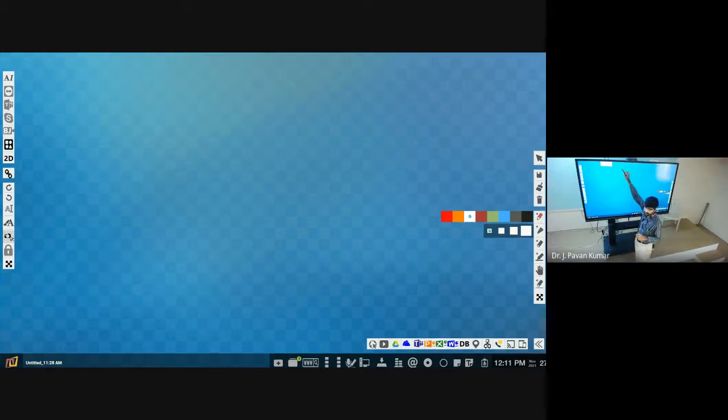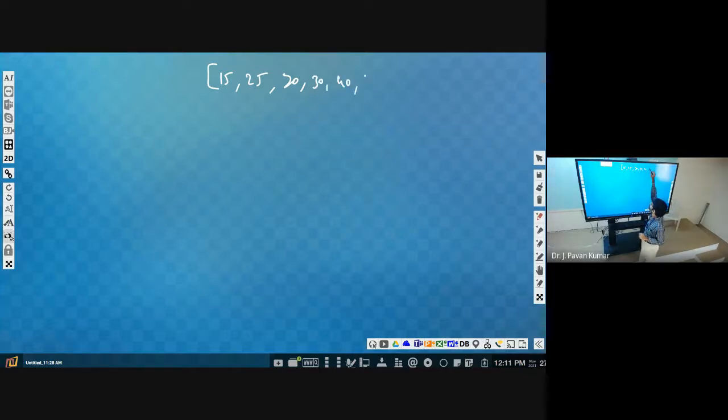Next, consider a list. You will be having even numbers, odd numbers, even numbers, odd numbers like this, some combination. This is a list. This list you will be taking as input. Either you will take it as a string and convert, or you will take one by one. That is up to you, but you will be taking this as the input.